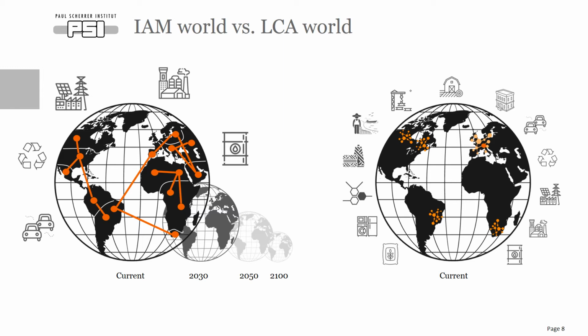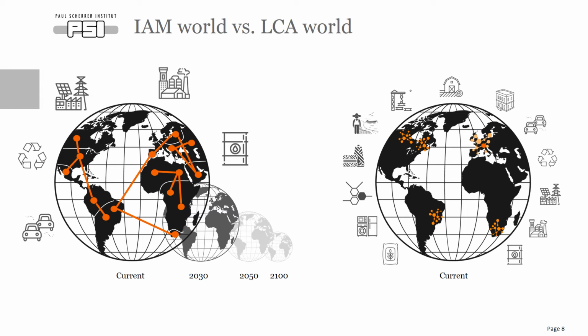And of course, the whole idea of integrated assessment models is that they give us these rough pictures of the world, not only for today, but also for the future. Some go as far as 2100 or 2150 even, although we need to be a little bit cautious as to how able a model is to predict the world 100 years from now. But nevertheless, it's very interesting to do projections.